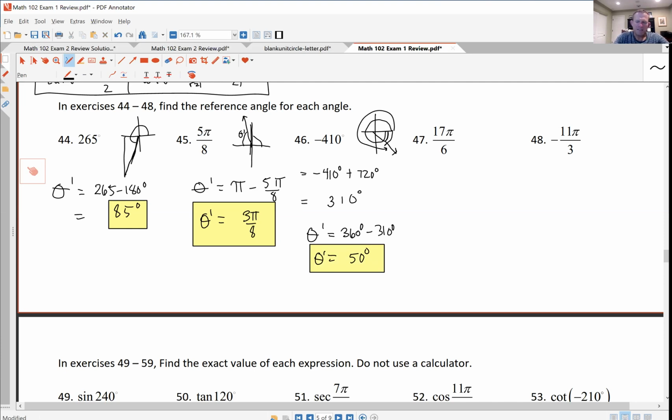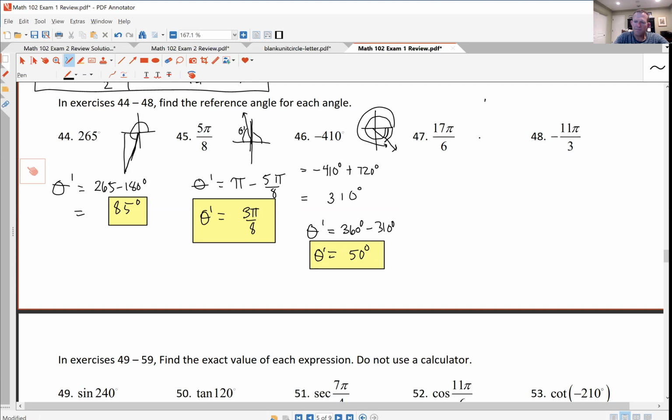17 pi over 6. If I go around one time, that would be 12 pi over 6, because that'd be 2 pi. And I go around another 5 pi over 6, which puts me there. As a general rule of thumb, when they're in radians like this, the sixes and the thirds, your reference angle is pi over 6, or in the thirds, pi over 3. But to do this formally,